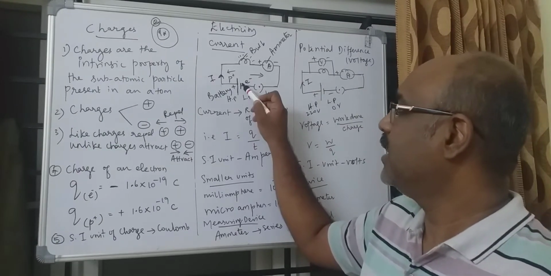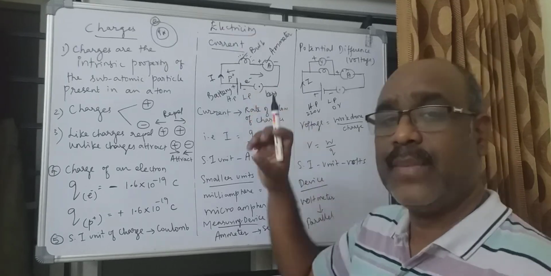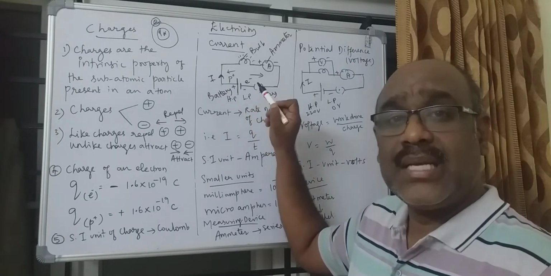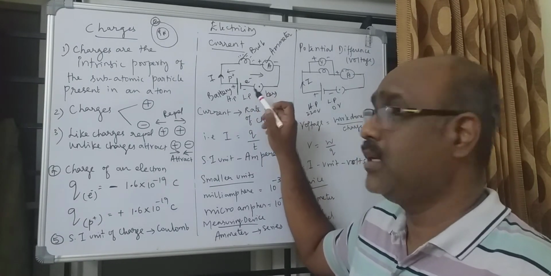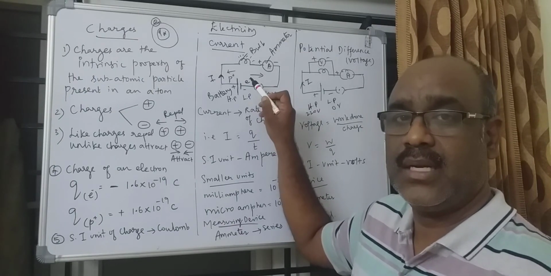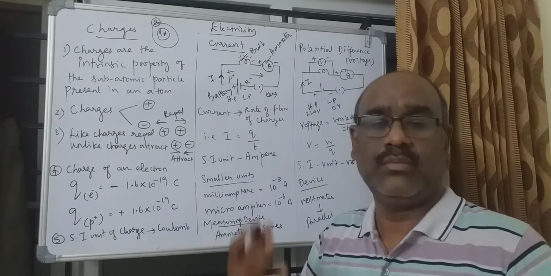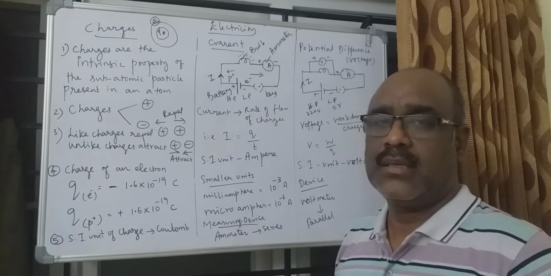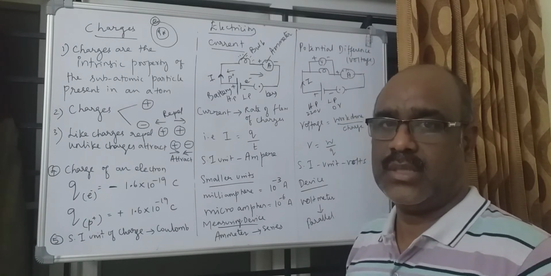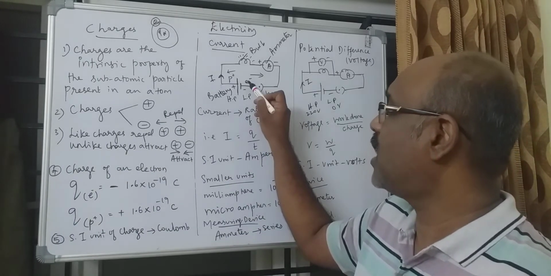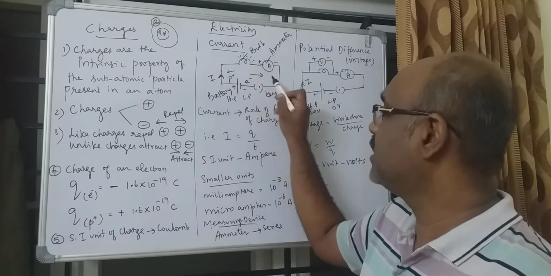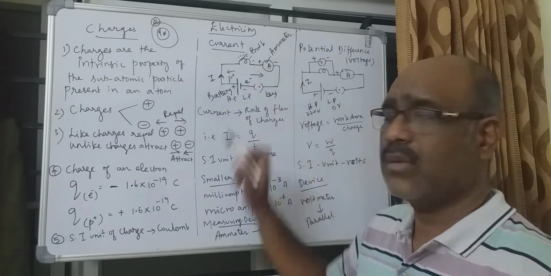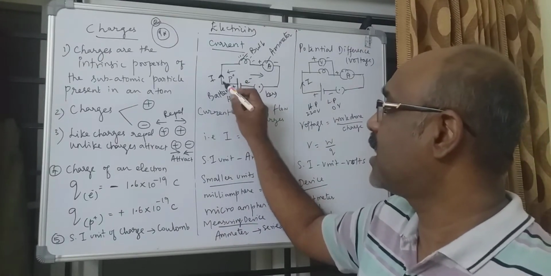Inside the cell or the battery, the chemical energy is stored. The chemical energy is utilized when the switch is switched on, by making the ions move. The ions start moving when the circuit is switched on using the switch. That means the electrons start moving from the negative terminal this way, whereas the protons move in this direction. So, the current is flowing.